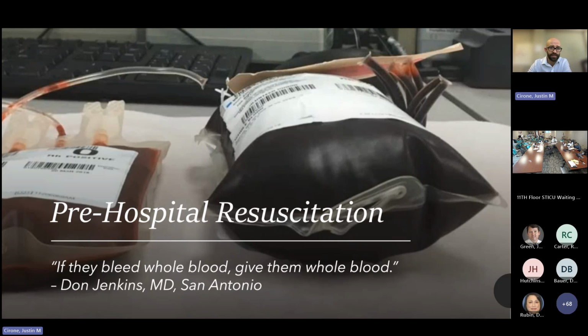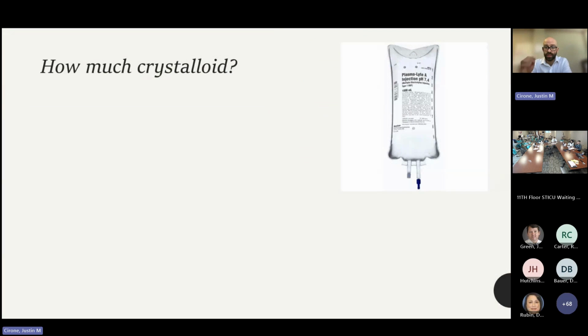I wanted to touch base on this a little bit because I know there's a lot of pre-hospital personnel involved at MTAC. And the reality is that if you're not a pre-hospital individual involved in the care of the trauma patient, I promise you that patient's coming to you anyway, so that once their pre-hospital course is done, they're going to be in the intra-hospital course. And that's when you take over, and you want that pre-hospital course to be as optimized as possible. So we used to talk about crystalloid and how much to give, and I put this bag of Plasmalyte up for other reasons, particularly because San Antonio preferred Plasmalyte over LR or NS. But